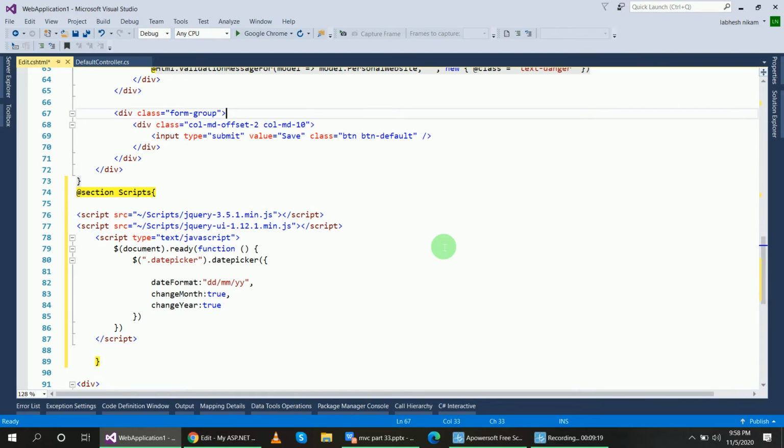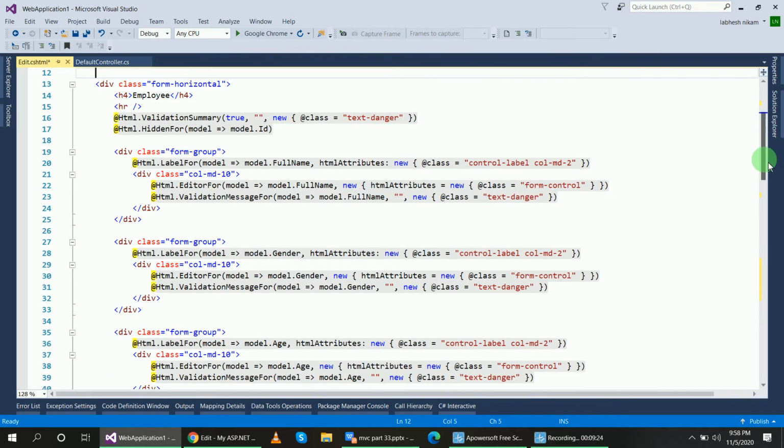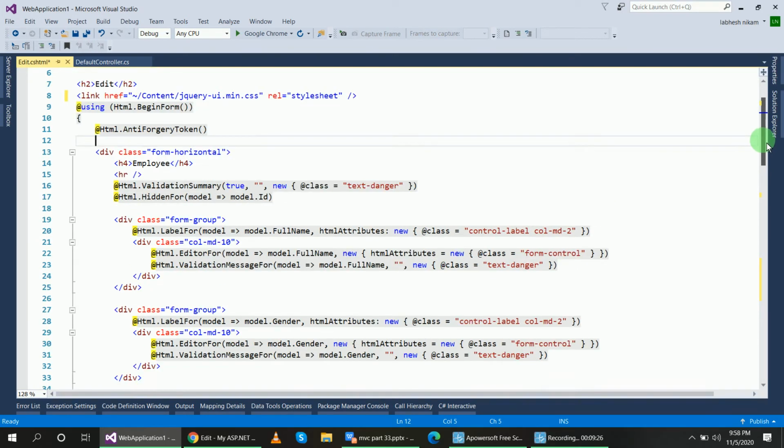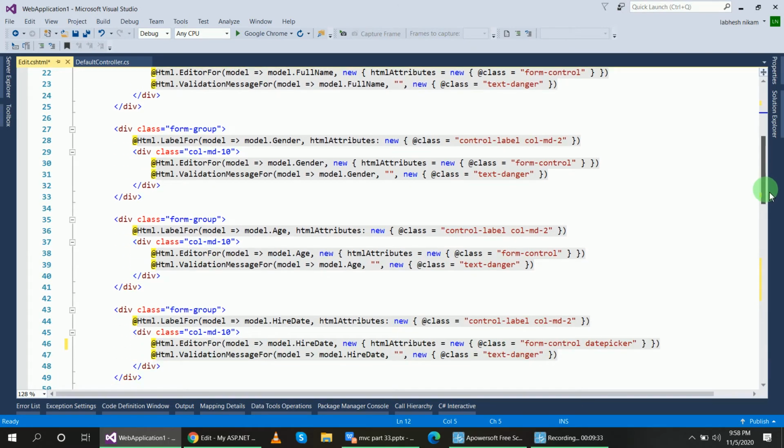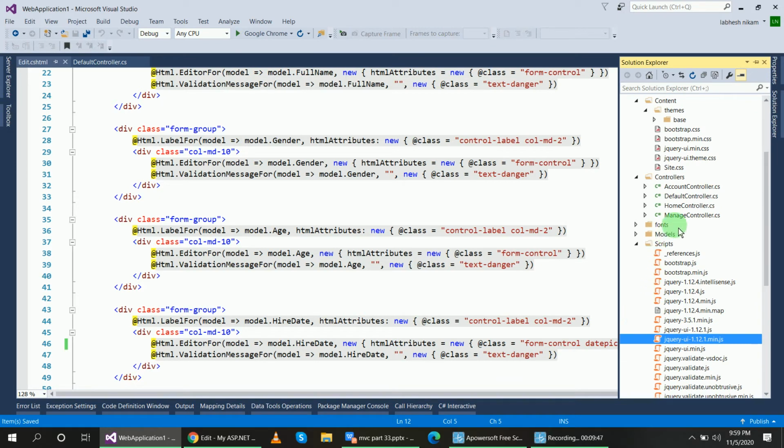So this script is generated and I have added these two JS files, and above the form I have added this CSS file, jquery-ui.min.css. In the control of this date picker I have added this class datepicker. Now I have not added any attribute in the models.